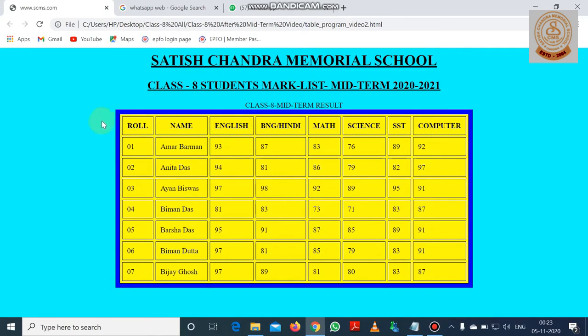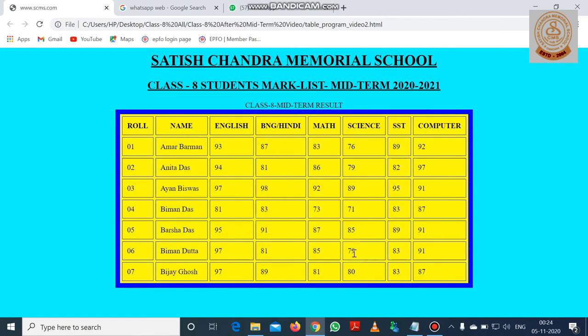Now you can see the first row that we created reflecting here, that is the heading. How many headings are we giving here? Total 8 headings are given in the first row, and after that you can see 1 2 3 4 5 6 7 rows we have created, but these rows are containing data. So like this we can create a table, and the table can be displayed at the center point of the web page.